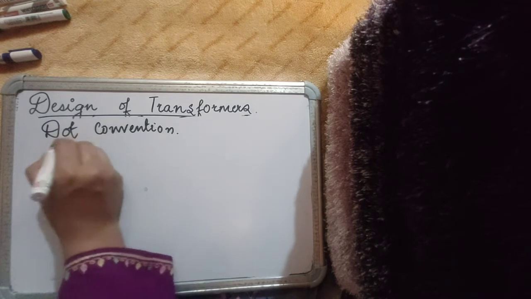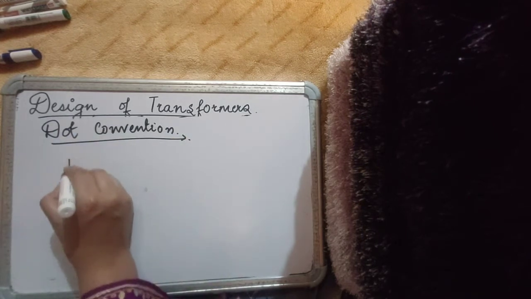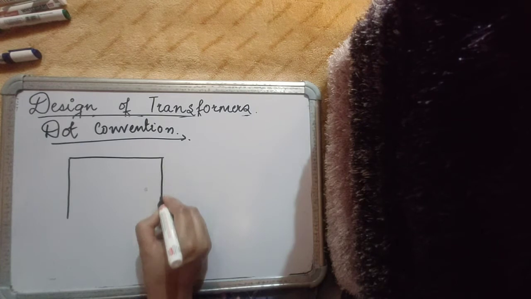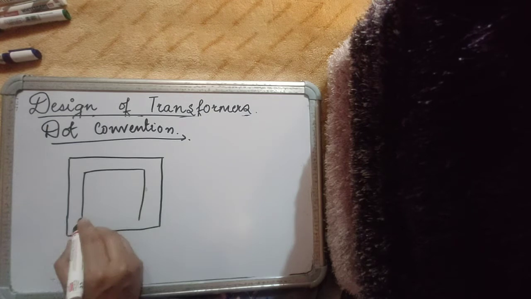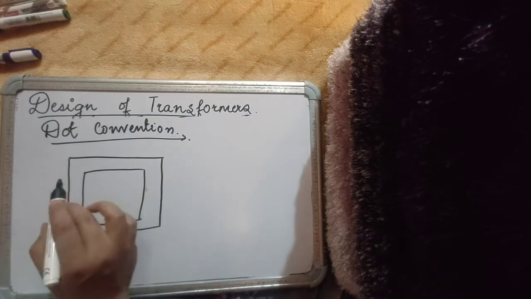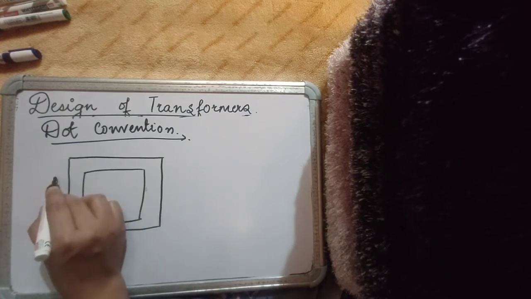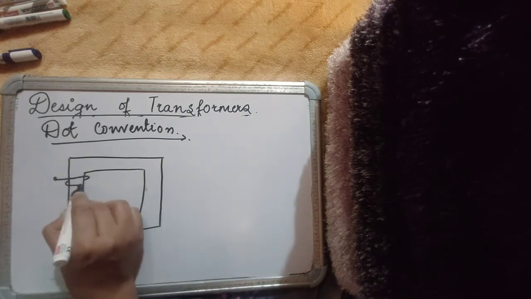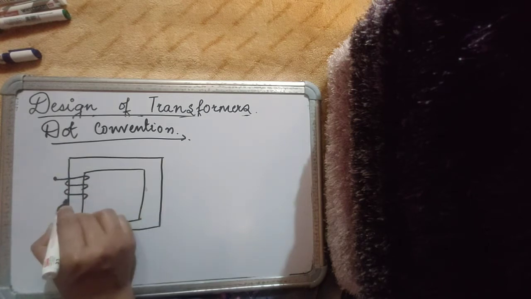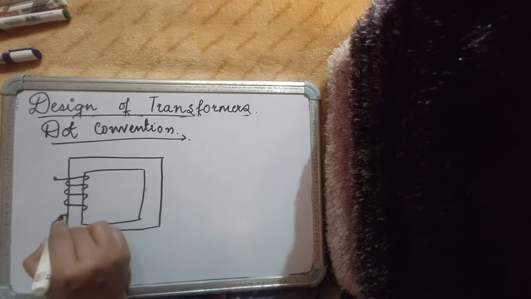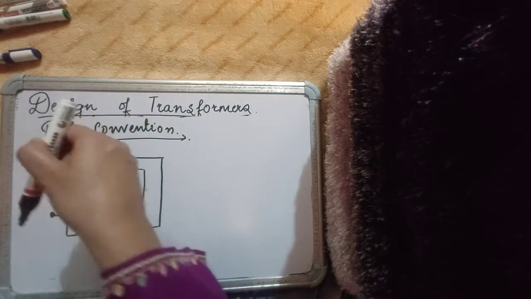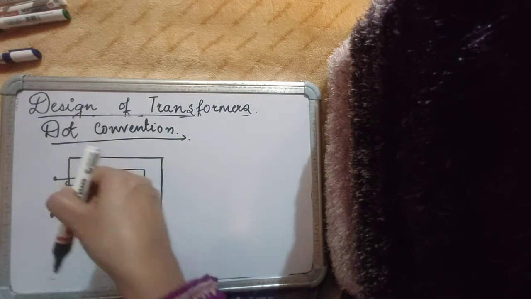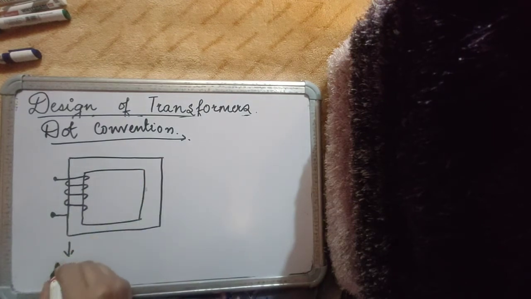So if you have, say, a rectangular core like this, and there is a primary winding that has been wound like this, so if you see from above, you have wound it in the counterclockwise direction like this, right? So the primary winding has been wound counterclockwise,